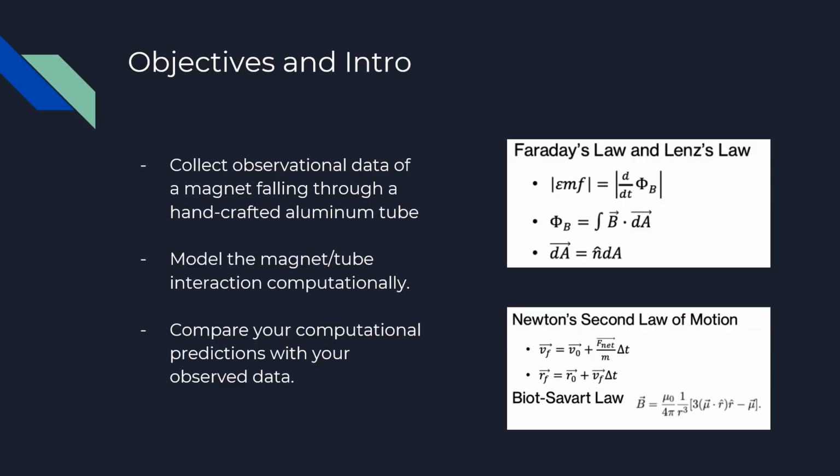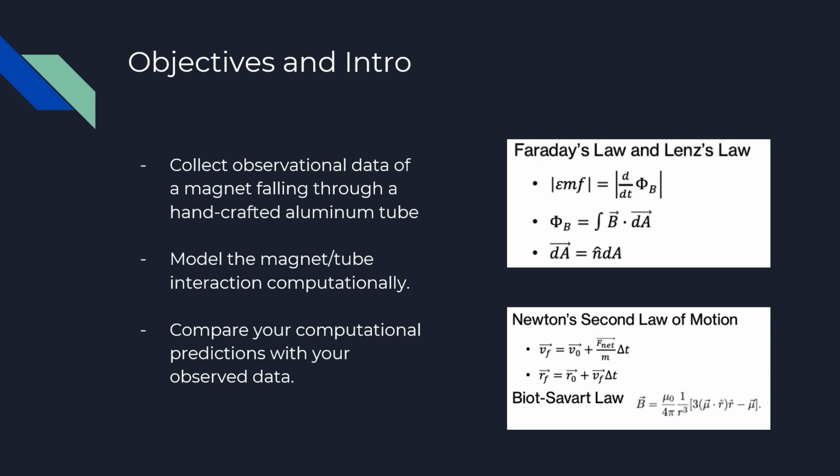So the objectives and introduction. First we had to collect observational data of a magnet falling through a handcrafted aluminum tube. We used aluminum foil and bent it around to create a tube-like structure. Second was to model the magnetic tube interaction computationally through GlowScript, as well as compare your computational predictions to